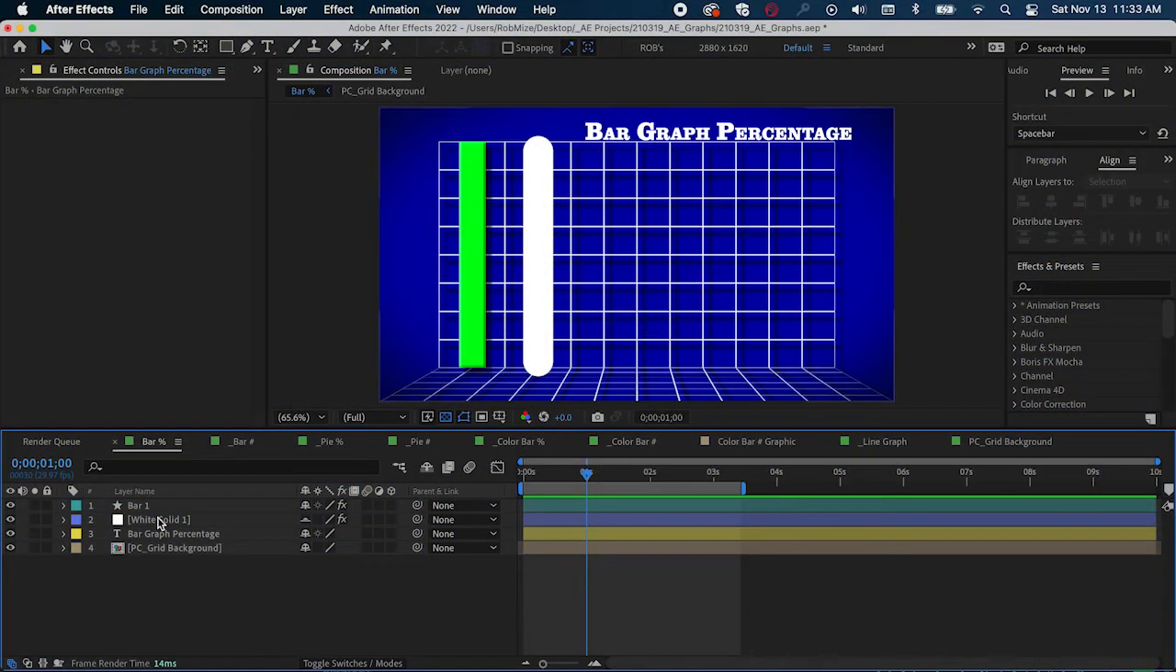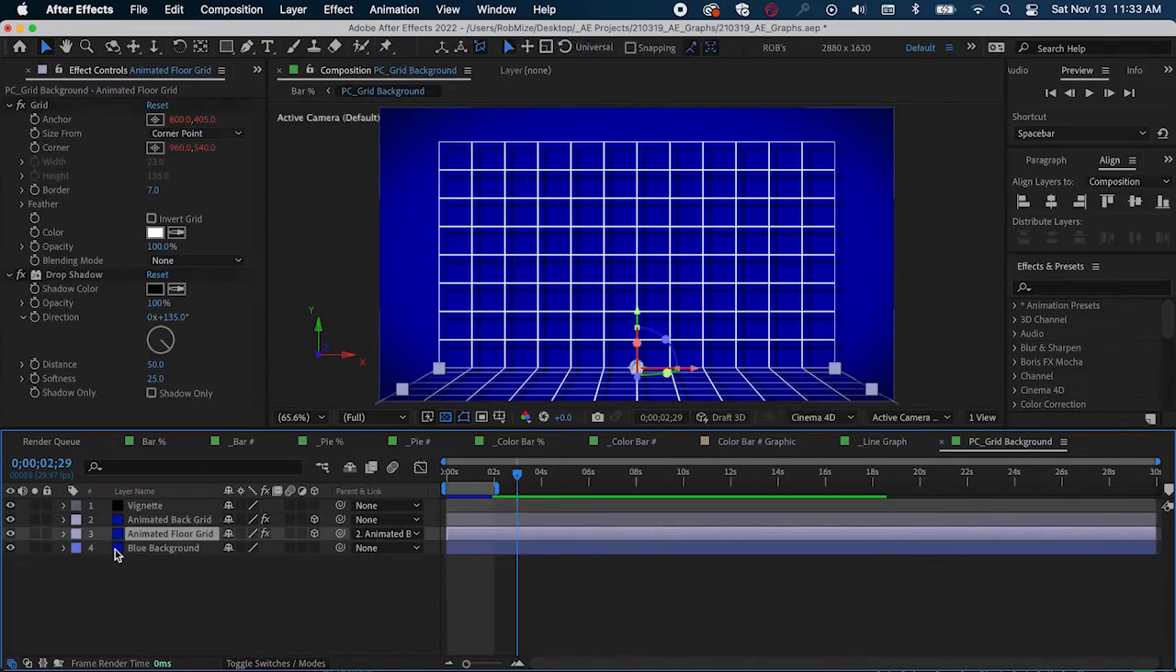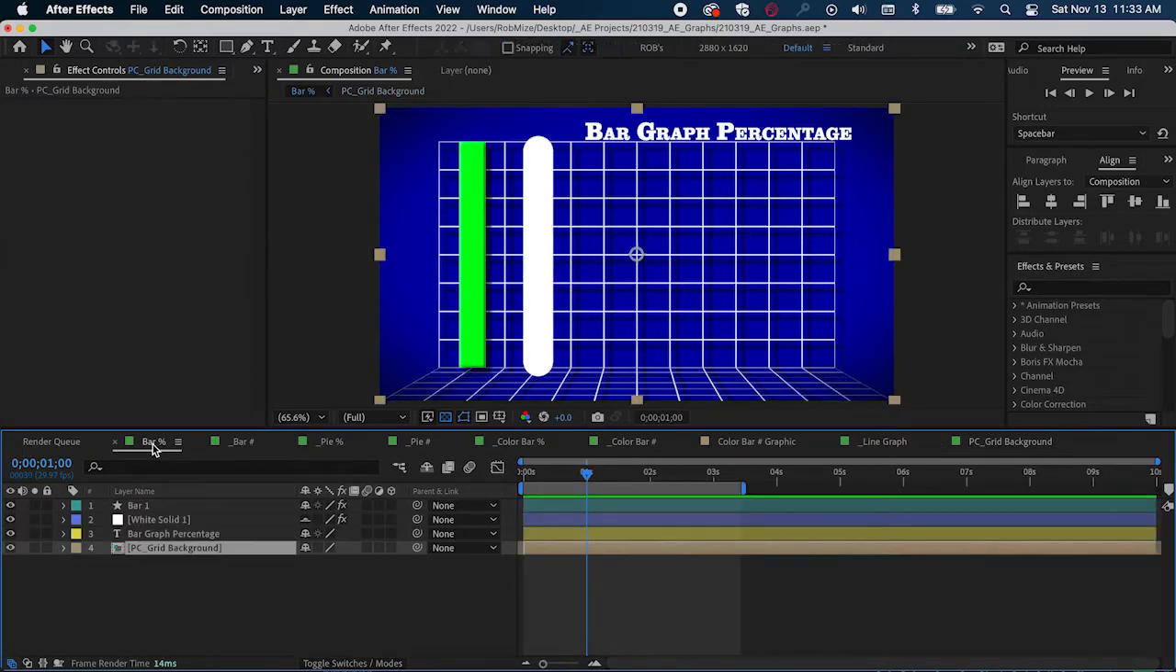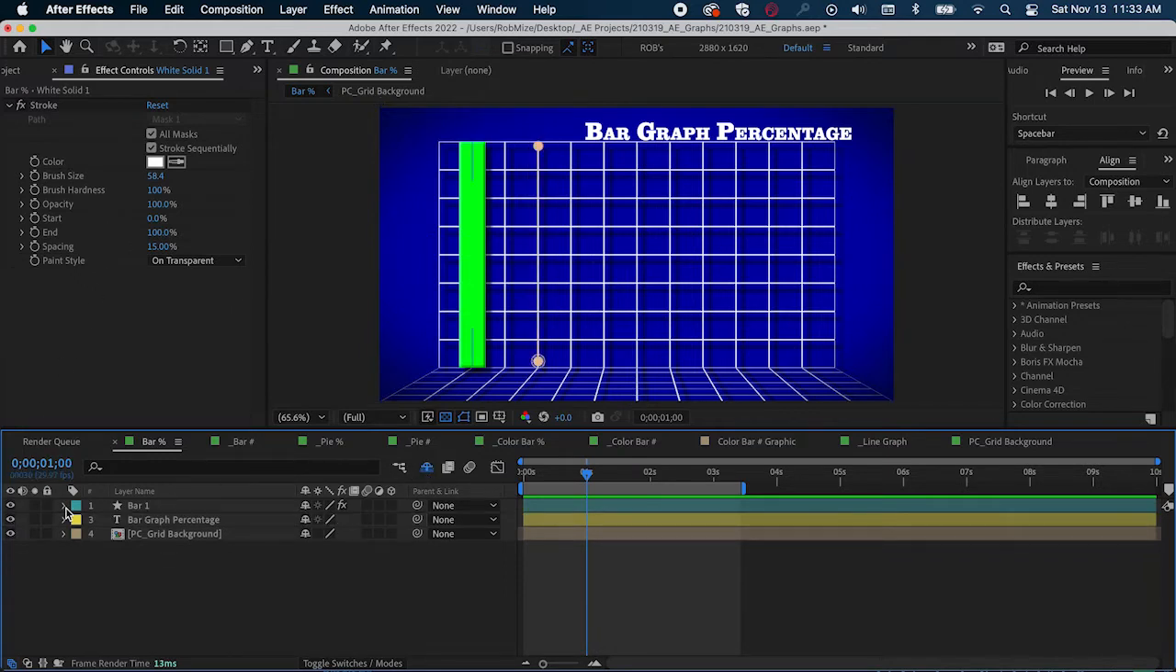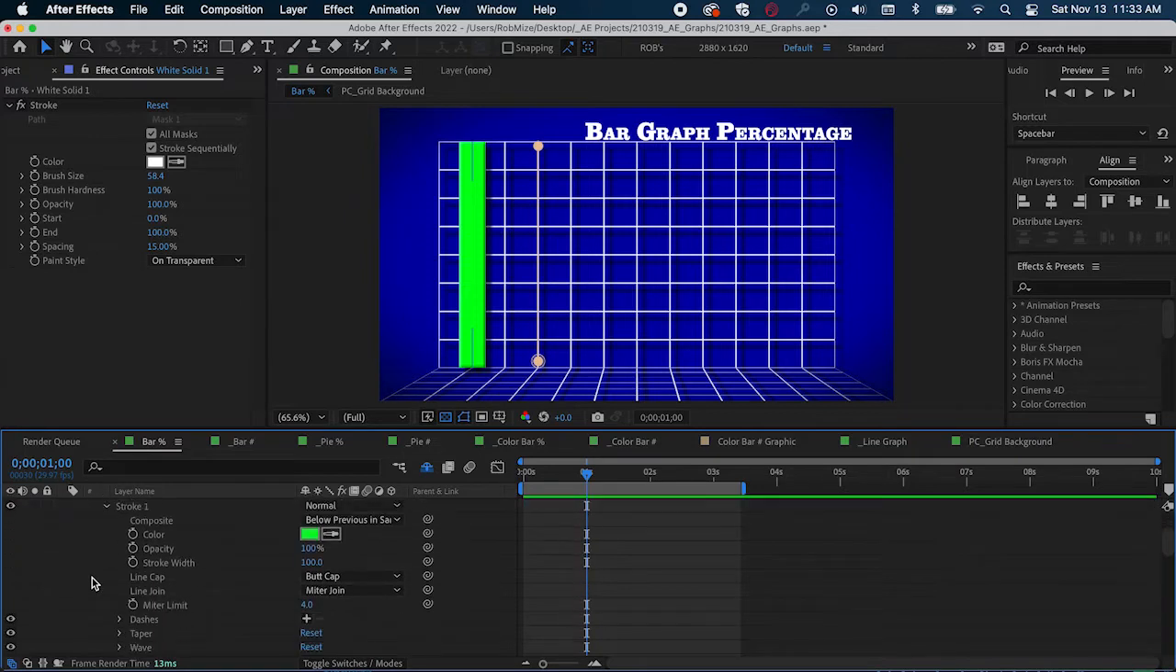Here in our first composition, bar graph percentages, I have a couple of different bars, a title and a pre-comp background, which if we open up, reveals several solid layers that create a grid background with a vignette. Back in our main composition, we could use a stroke effect on a solid layer to create the bars. However, I prefer to use a shape layer because you have more options, including different caps, tapering, dashes, waves, color